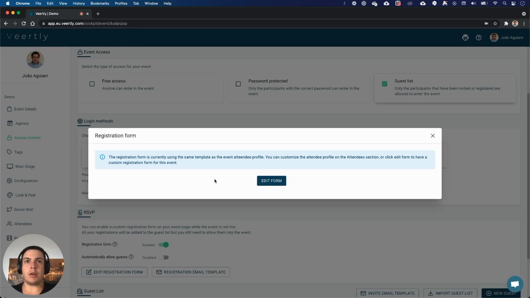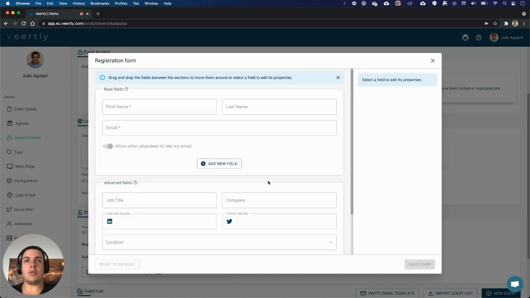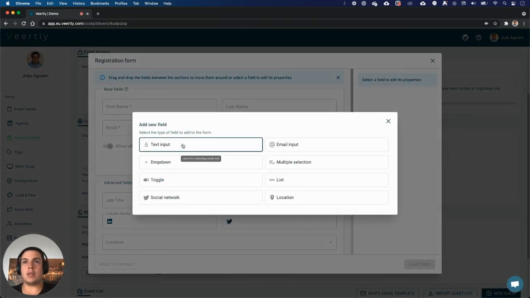But if you want to customize it and have different questions that will allow you to, for example, prepare your event, you can come here, edit registration form, and edit form. This copies the profile that exists on the attendees profile, but now they are no longer linked strictly. So you can customize individually the attendees profile, and you can, for example, add other questions on the registration form. For example, you can add a new field here saying,